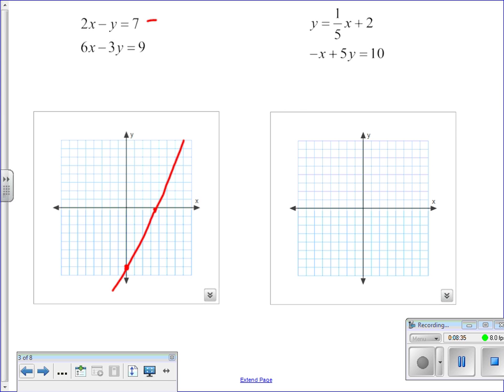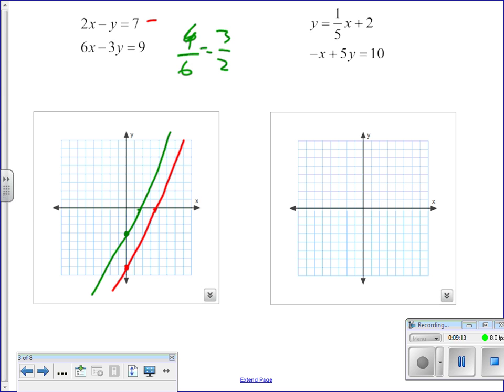My y-intercept is -3. My x-intercept is 9/6, which reduces down to 3/2, right? Which is 1.5. Well,